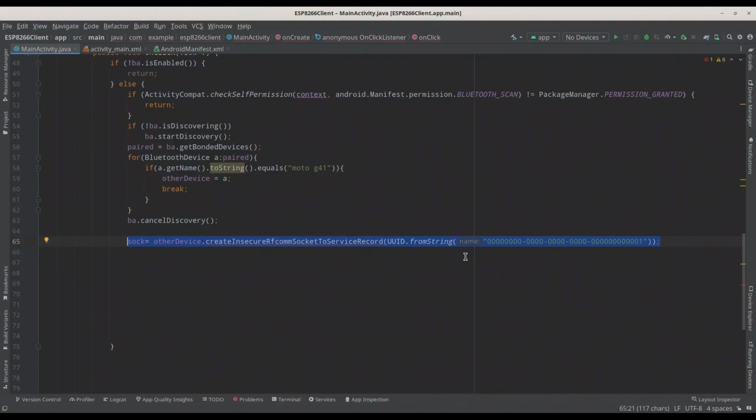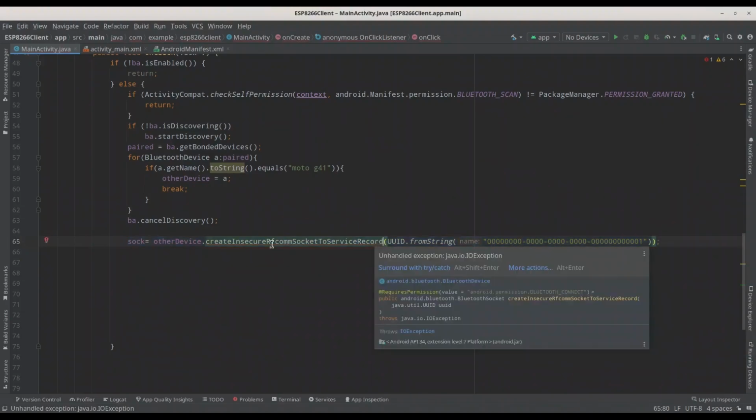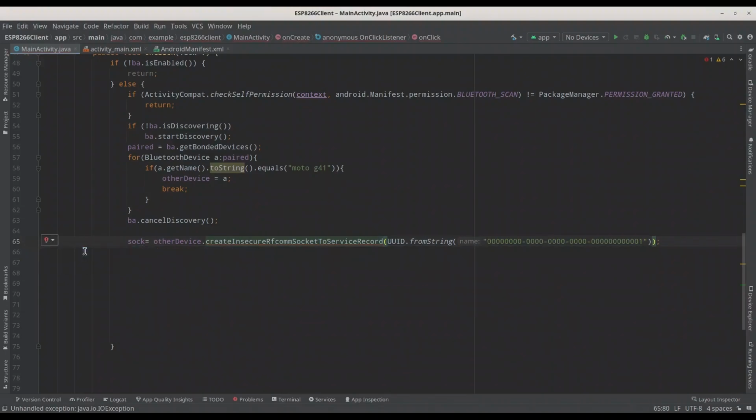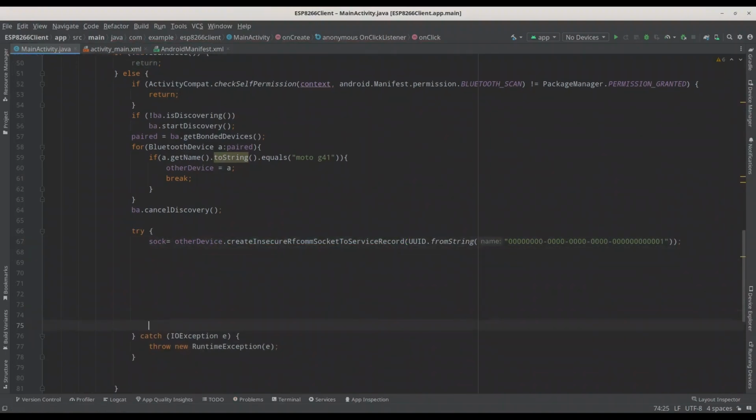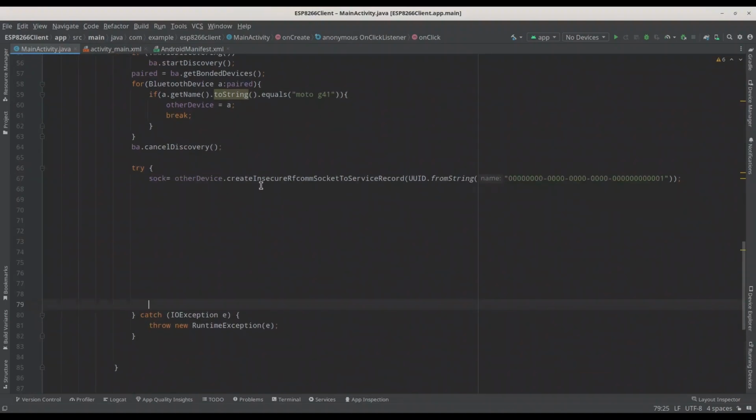But what is truly important to know, in order to make communication, you actually need this number to be the same on both sides. In this first part, we are setting UUID from client side, and later on we are going to use exact the same number for server side. And I'm going to deal with this error. Let me see, surround with try catch. Okay, that's totally fine. Rest we are going to put in try catch,